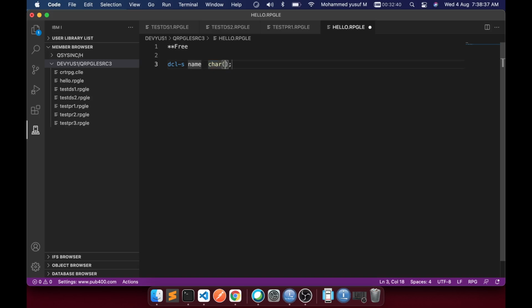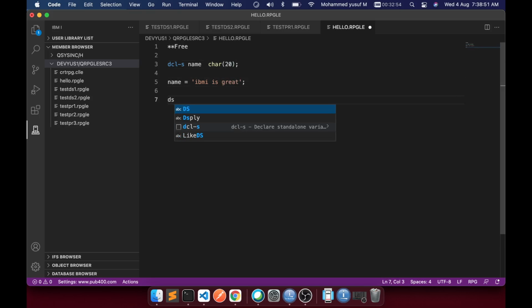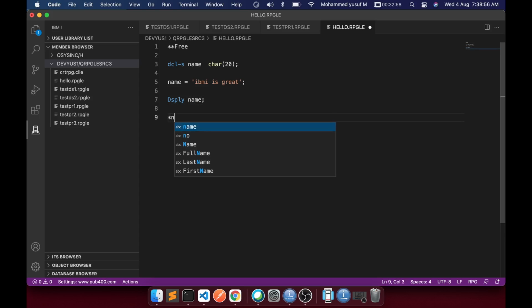Let's say character of 10, for example, and then assign name equals IBMI. I don't know, that's 10, let's make it 20. Then just display the name, then star in lr equals star on.